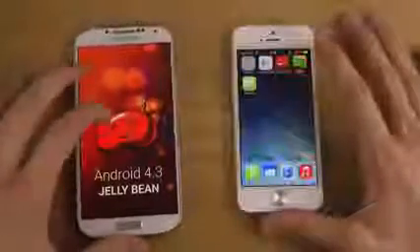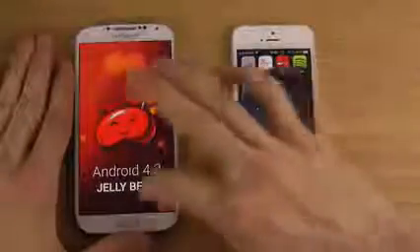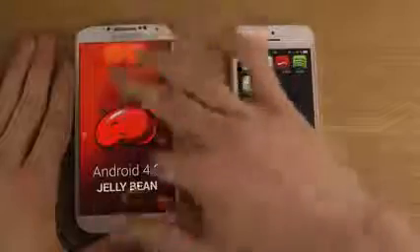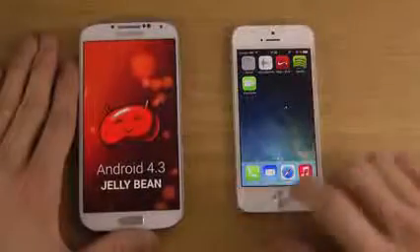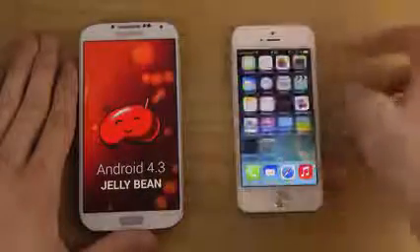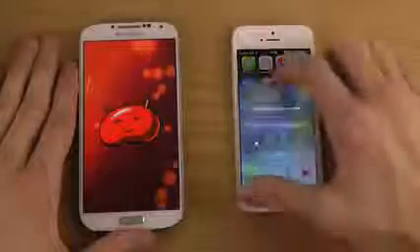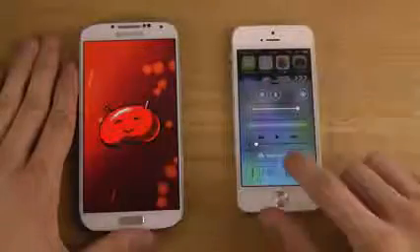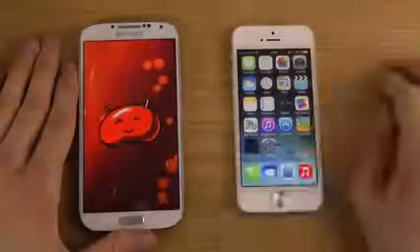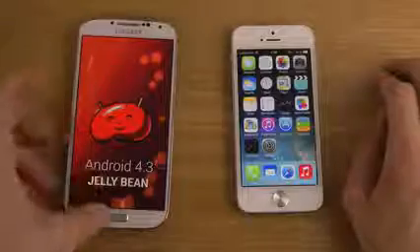Just to confirm here that we're having Android 4.3. As you see, that is Android 4.3, and you do know this is iOS 7 beta 2, because we do have some new things, like the clock icon in the control center has changed. So if we start off here,